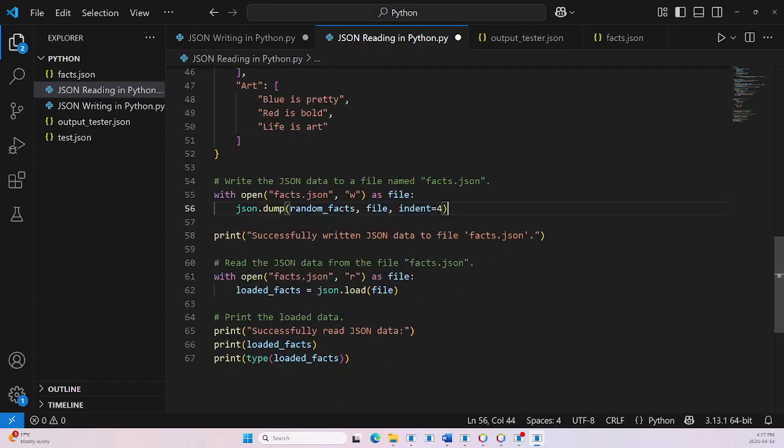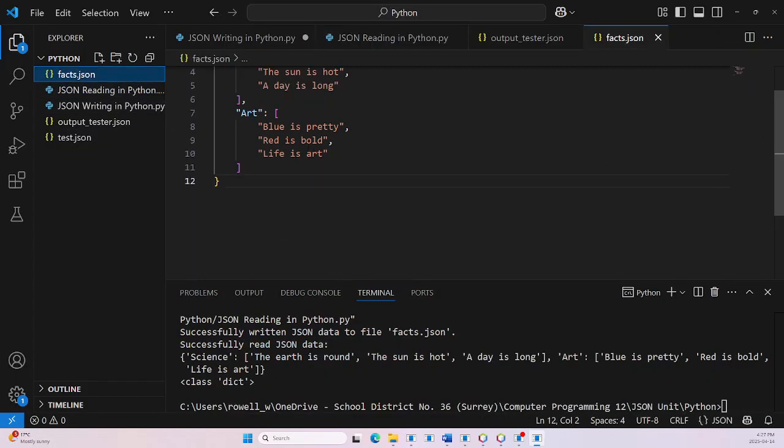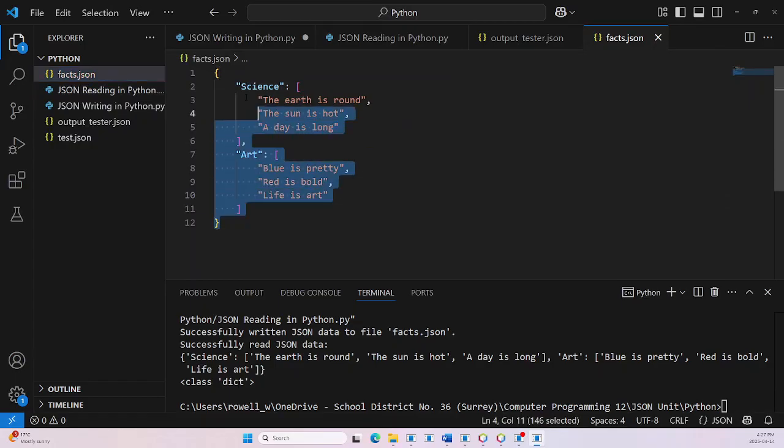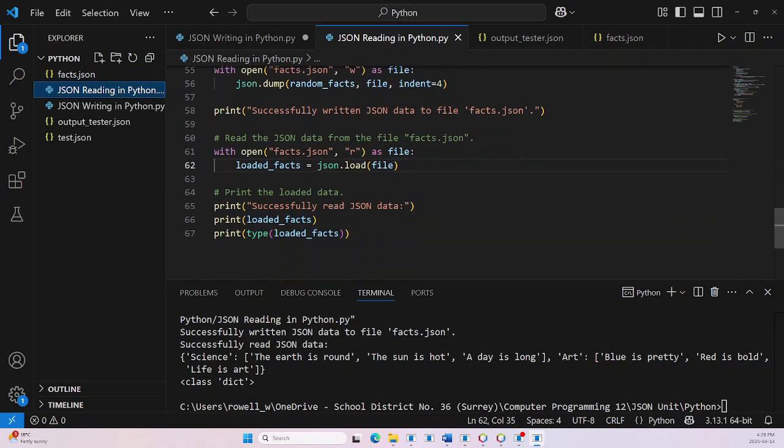And it's going to write the contents to a file. And then we're just going to load the contents from the file and see what happens. So let's press run on this. And in my facts file, I see that I have all the content beautifully output here as expected. And also note that I've asked to see the actual loaded facts come back in, and it looks like everything is here. And it's also a dictionary, as we might expect